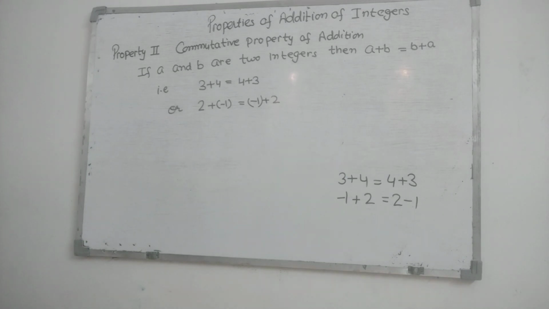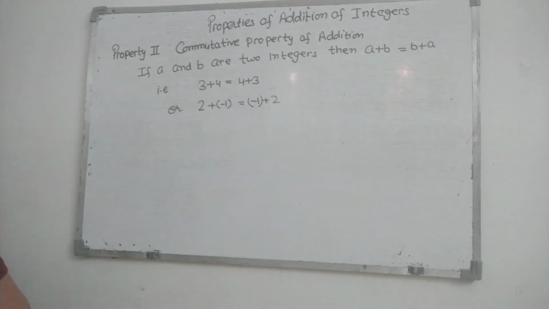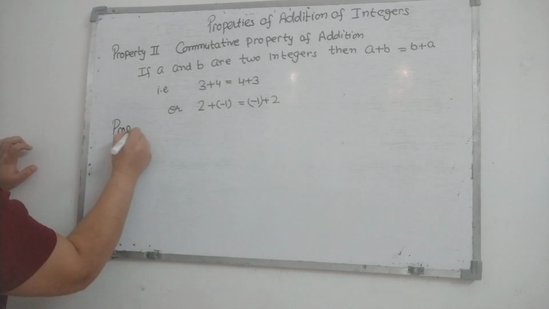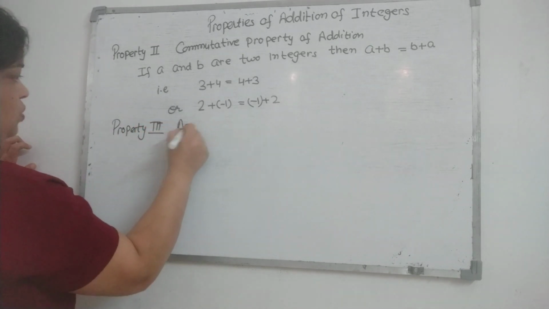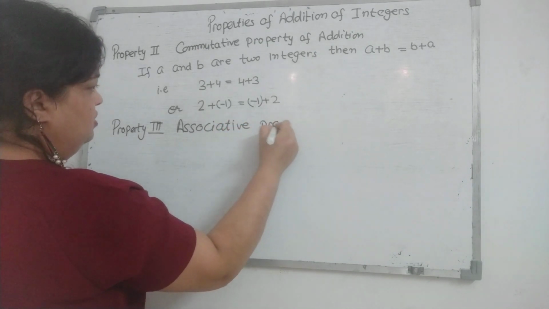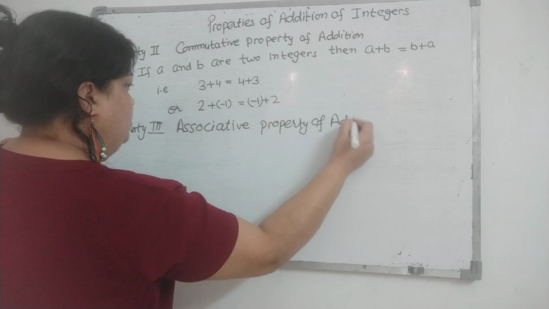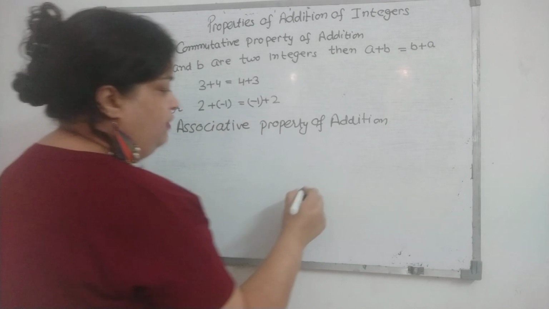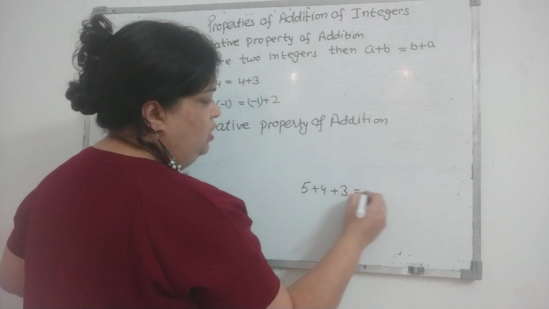Now we will do our third property, property 3, the associative property of addition. Okay, before telling this property, tell me one thing. If I write 5 plus 4 plus 3,